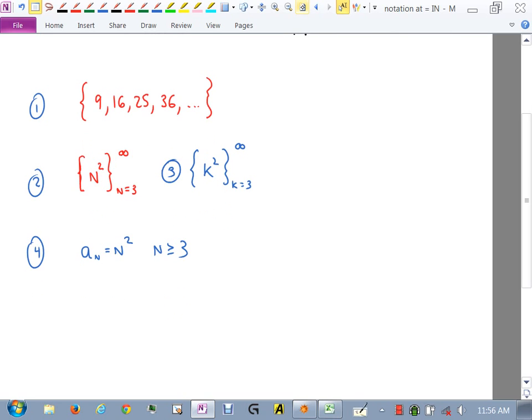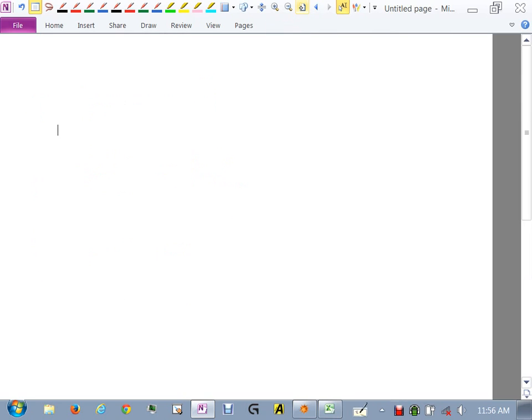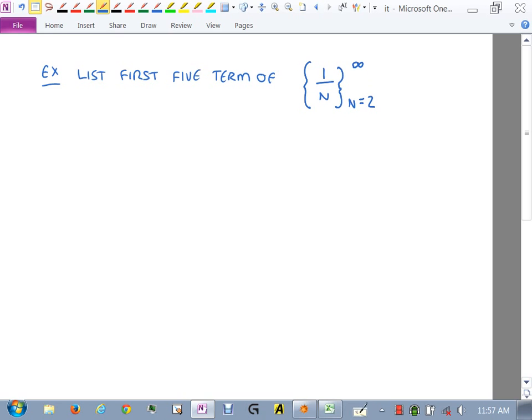All right, so let's do an example now. List first 5 terms of this. Terms. We're going to call them terms. They're not separated by addition or subtraction, but